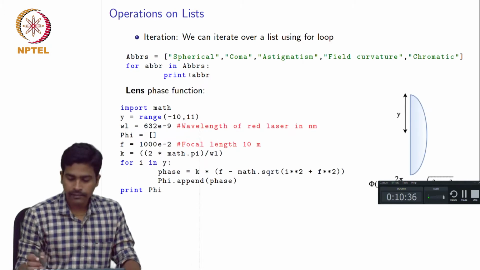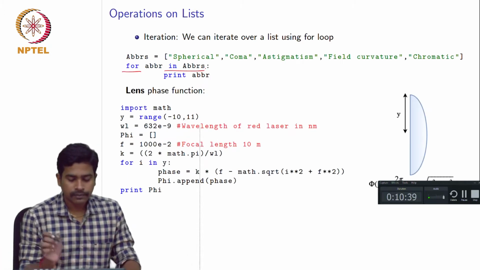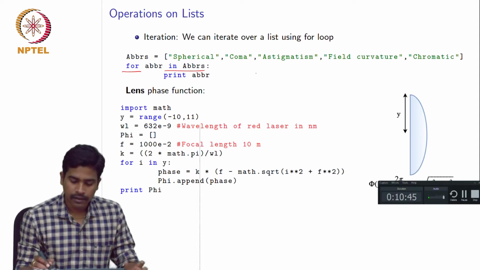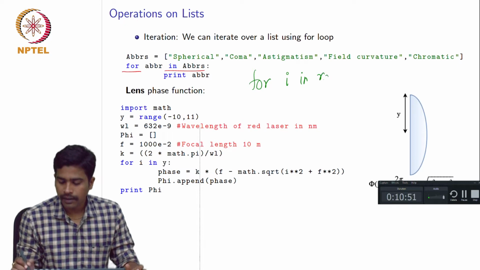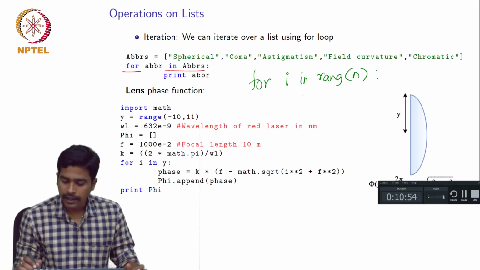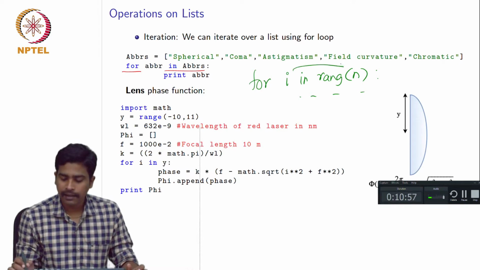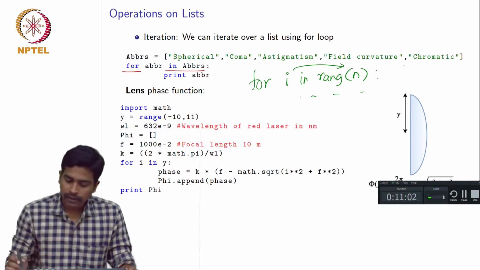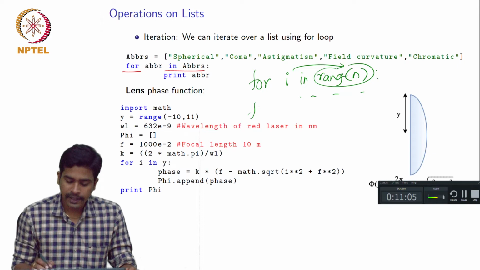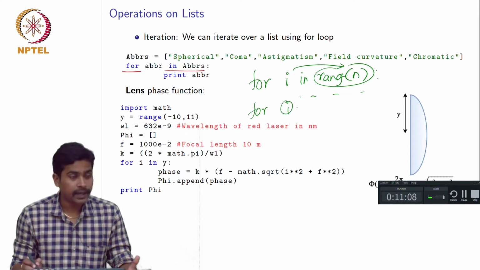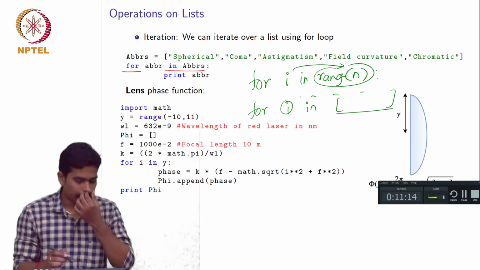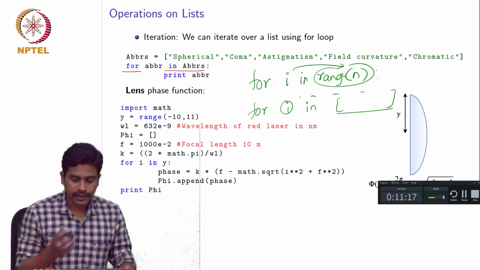As we have seen, in for loops so far we are using the following syntax: for i in range of some number, and inside this for loop the i value is assigned the values sequentially. We can do the same thing without giving this range command. What we can do is write for i, or some other variable, in a list. We can directly give the name of the list. To demonstrate that, I have